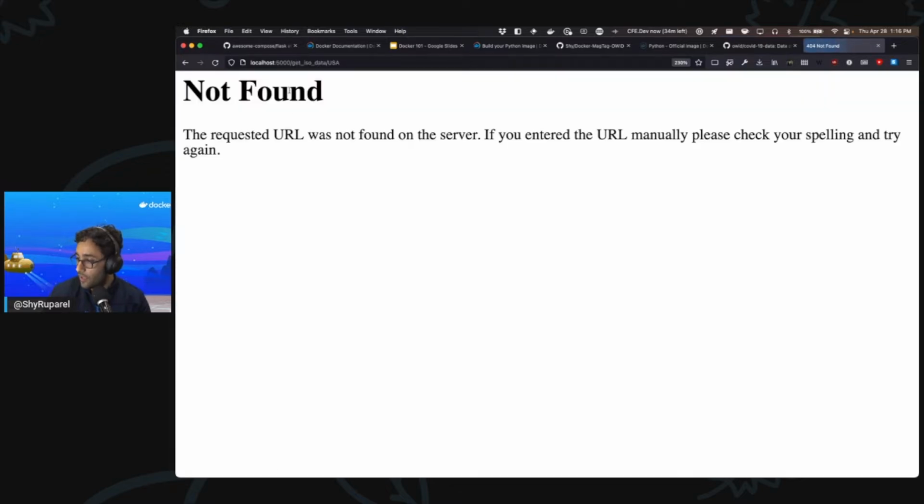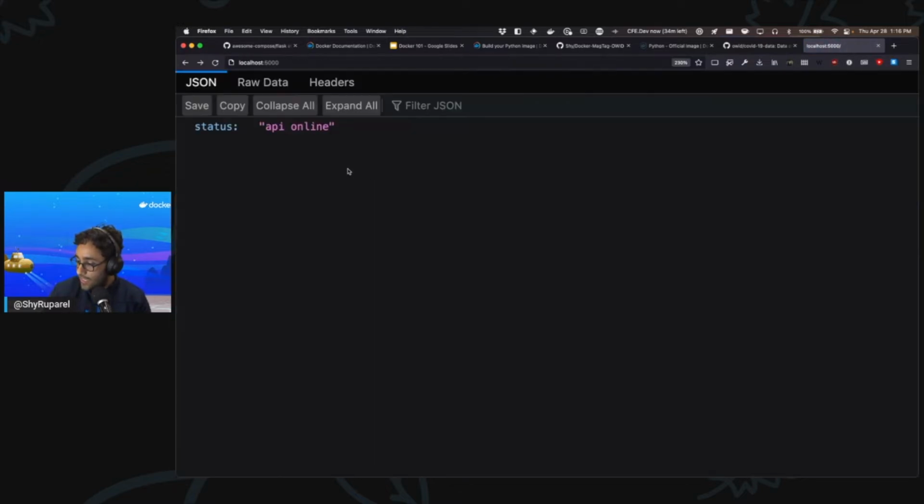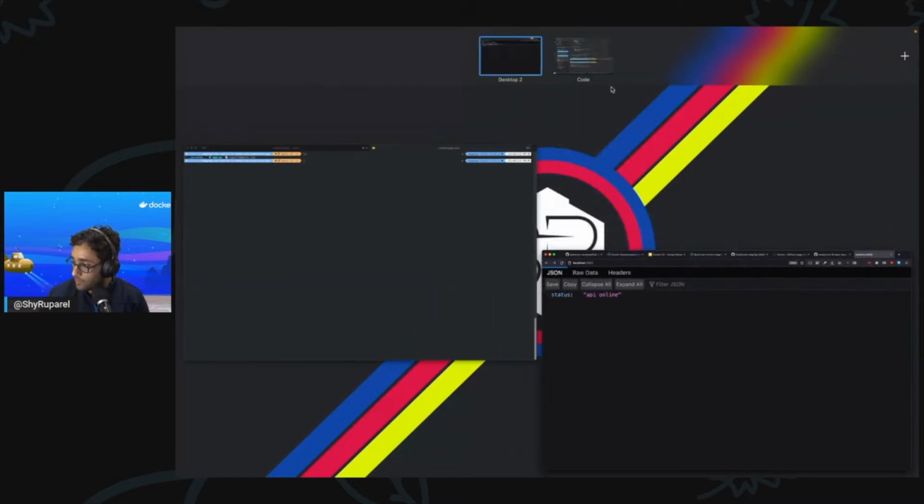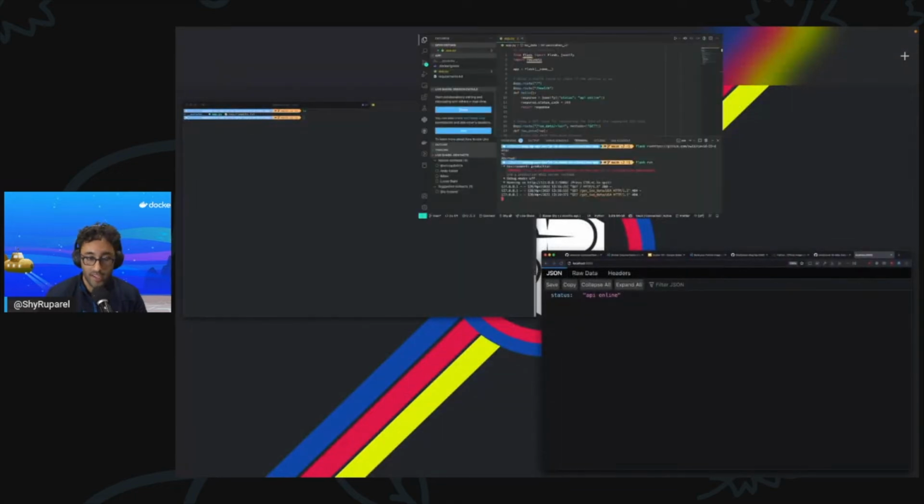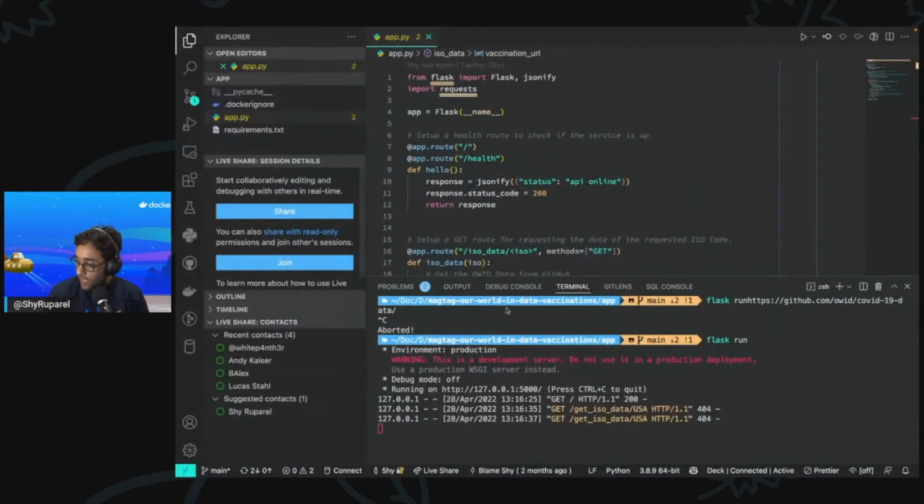Like if I want to hit the USA data set or something like that, I can pull that. This is a fairly basic Flask app. It's fairly simple. It doesn't do anything too crazy. But I'm gonna go ahead and package this up, and I'm gonna make it containerized. And so I can do that